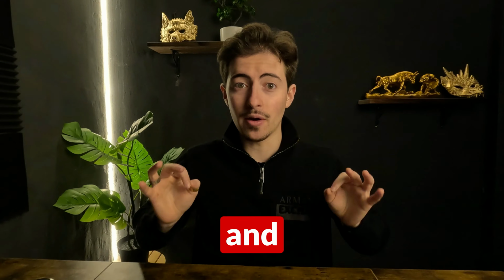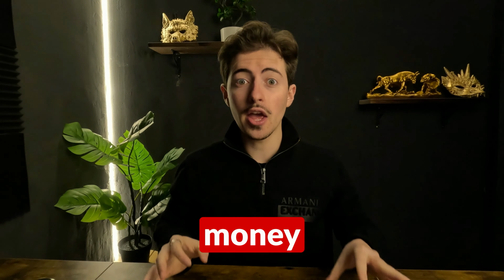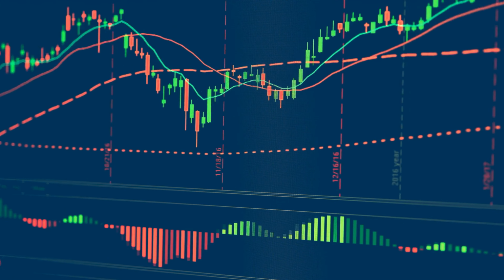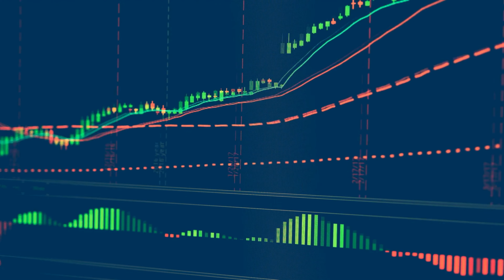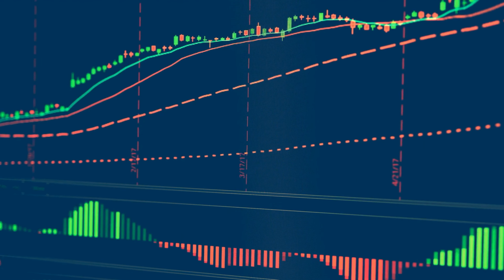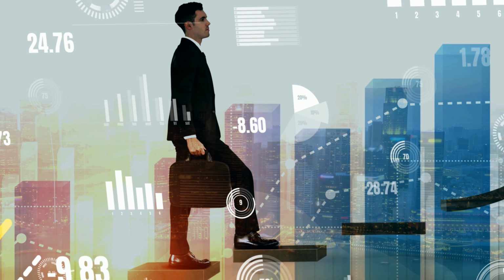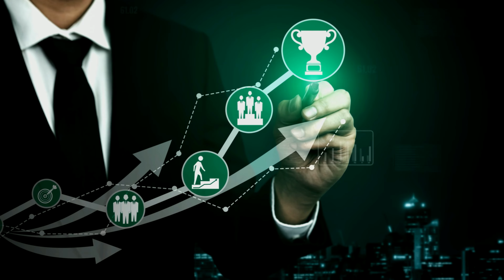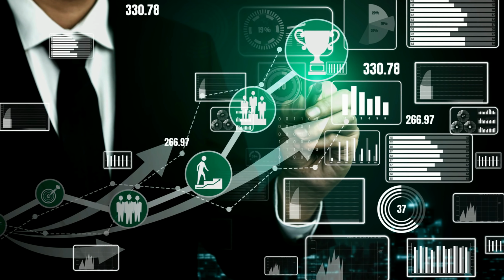But regardless of how much you decide to invest in Bitcoin, there is just one golden rule you should always follow. Never, and I repeat, never invest money you need in the short term. Bitcoin is a long-term game. And while the market will have ups and downs, history has shown that patience and consistency pay off. Those who stick with it and avoid panic selling are the ones who benefit the most over time.